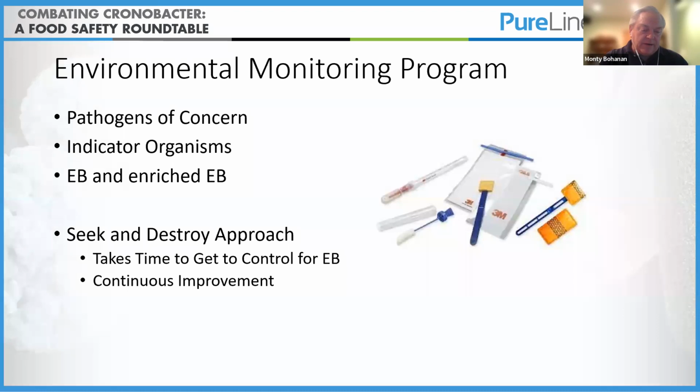And the other thing about your environmental monitoring program is you want to find it. You kind of want to find some things, right? Because what you want to do is seek and destroy. So you want to know where the weaknesses are in all those programs that we put in place. Where's the weakness where we're tracking stuff in through foot traffic or floor conditions? Where's the weakness where maybe something's coming in through the HVAC or other methods? And so you want to have a program where you're swabbing regularly and in regular spots, but also seek and